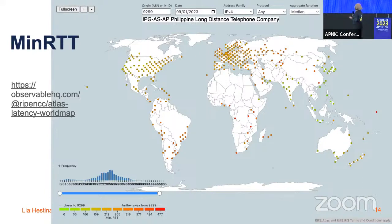And if you're IPG, you might want to know if this picture is more or less what you expected from your network. We would like you to try this tool and give us feedback, and see if it's also useful for you. So if you hover over